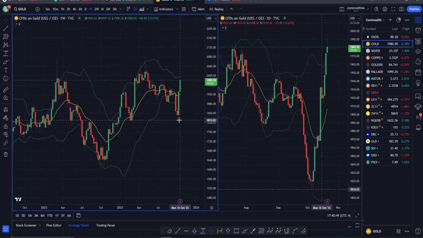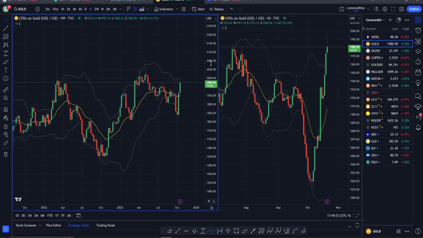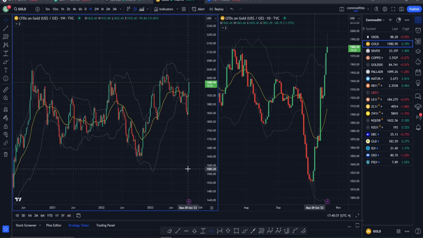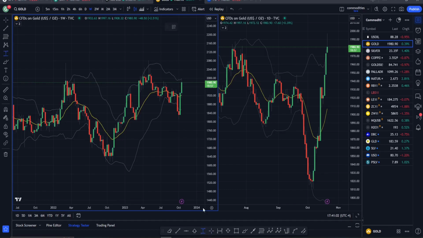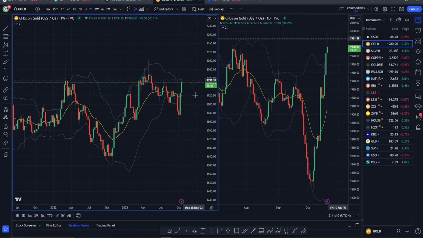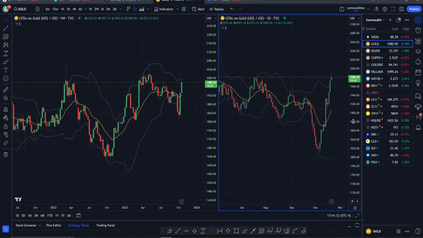As you can see, pretty much going from the lower, beyond the lower extreme, all the way to the upper extreme in 3 weeks. That is an insane move here on gold, getting really close to that 2,000 mark, hitting a high of 1,997 this week. We can pull a percent change here so you can see how high this went. As you can see, we're looking at about a 10% move on gold in just 3 weeks. So absolutely insane move here in the precious metals.